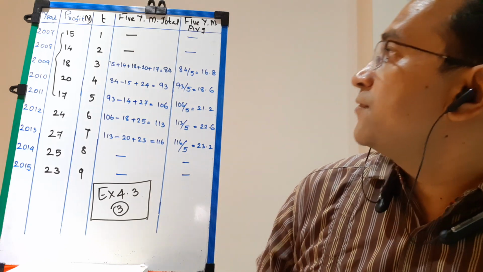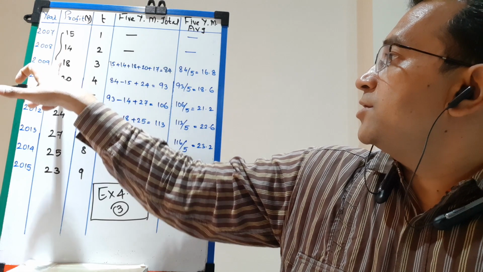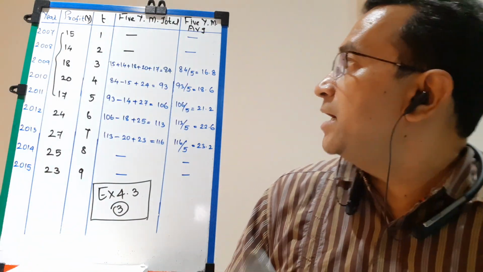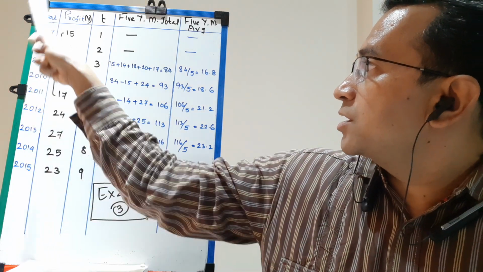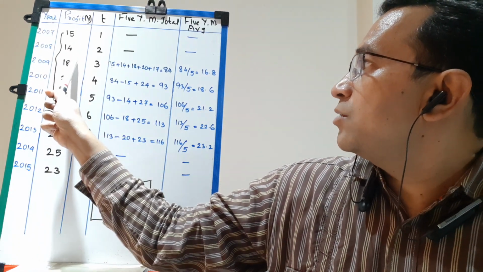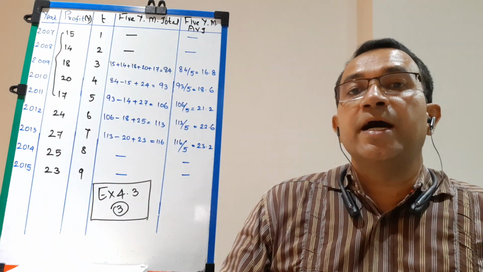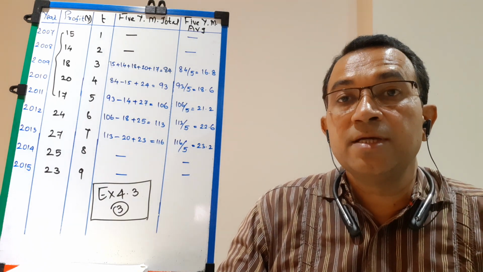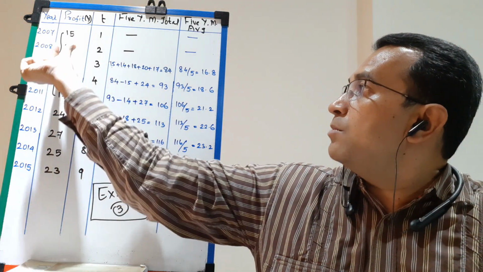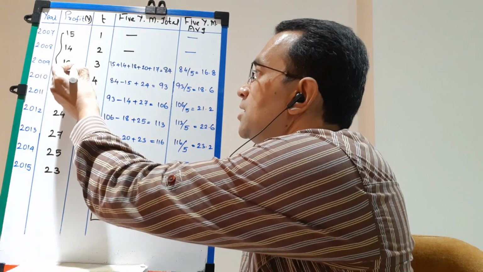Now see, these are the first 5 values: Y1, Y2, Y3, Y4 and Y5. Students, I have shown with a line, with a curve. These are first 5 values: Y1, Y2, Y3, Y4 and Y5. Generally we write the total opposite the middle observation. Our middle observation is 18. Above also 2, below also 2. So the first total is written here.